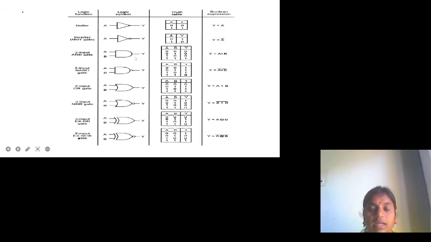Simply the AND gate, a 2 input AND gate. 2 inputs means 2 power n combinations. 2 power 2 configurations will be the possible combinations that we can give to any of the gates. So 2 inputs means we can give 4 possible combinations, 2 power 2 means 4. What are those 4 combinations? The combinations that we can give are 0 0, 0 1, 1 0 and 1 1.